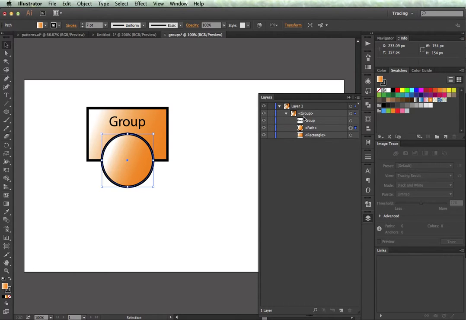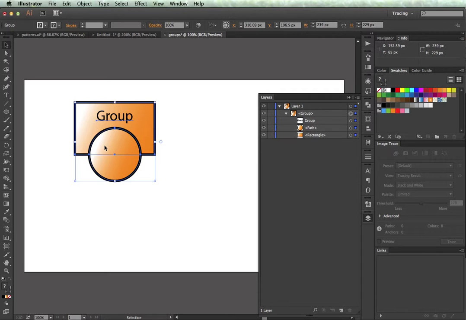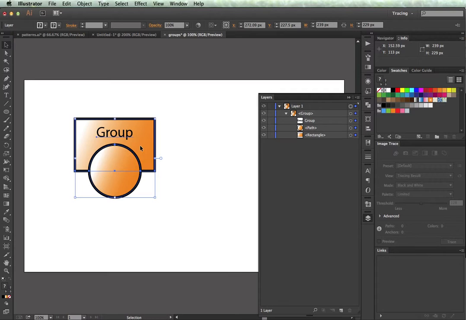If I want to select the whole group, I simply select the sublayer called group, and you see them all highlighted here. And in this case I would get the same effect by selecting everything on the layer, but if there were other things on the layer, they would be selected as well as the group. And basically that's how we can use the layers and sublayers to make specific selections within a group once it's been created. Another way to do it, which is a little more old school